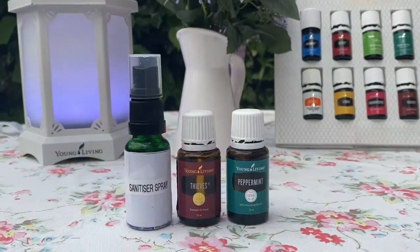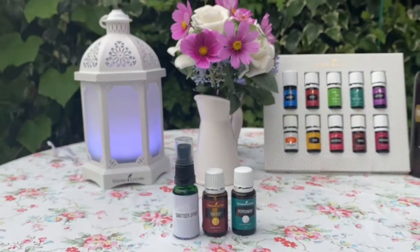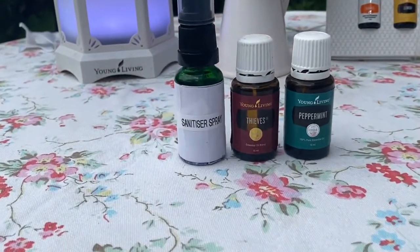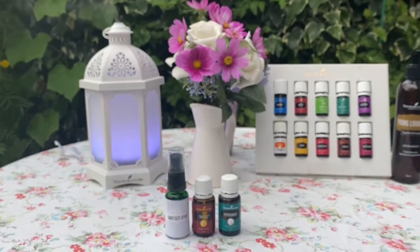Today, I'm going to show you how to make hand sanitizer using some of the essential oils in this starter kit. So let's get started. The key to a DIY hand purifier that works: the proper amount of germ-killing alcohol. According to the Centers for Disease Control, or CDC, hand purifier must have 60% alcohol content in order to be